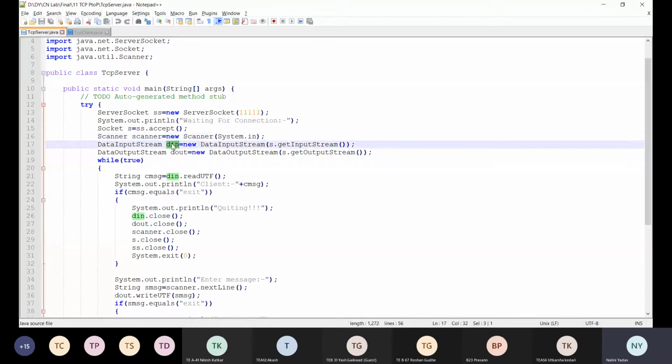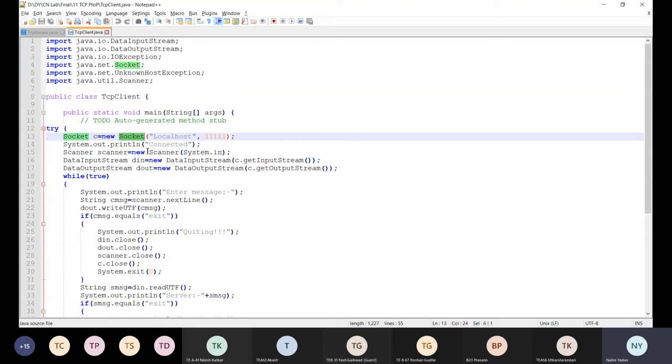That's the reason I'm creating objects of both DataInputStream and DataOutputStream classes. The DataInputStream object is created with the socket object, so it is related to the socket which has been mentioned as an input parameter. Even the DataOutputStream is related to a socket mentioned as an input parameter while creating it.